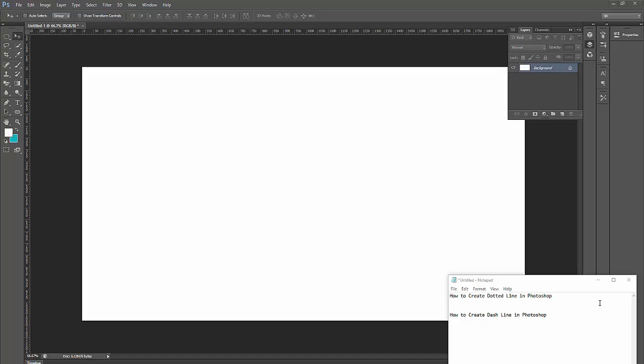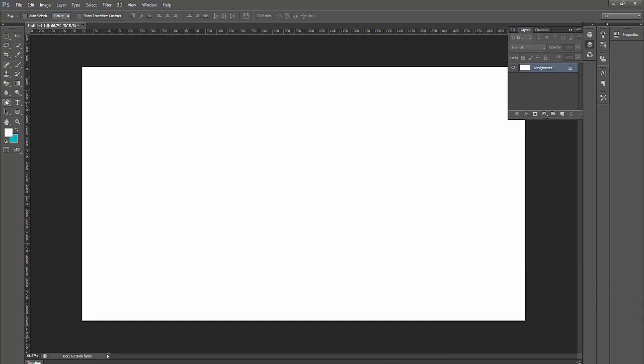Today's video: how to create a dash line in Photoshop. So let's get started. At first, open our Photoshop document. Now you can see, create a dash line in Photoshop. Now go to the toolbar option. Now select the pen tool. Now create a